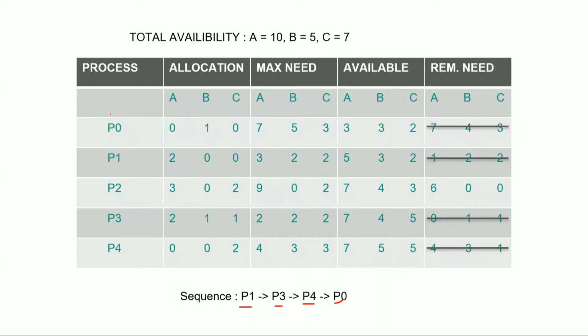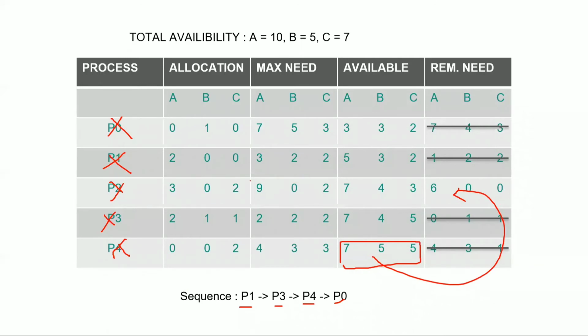Okay, now all the other processes are done. We are remaining with just P2. So we'll see if we can fulfill the need of P2. This is our available now. We have 7 instances of A, 5 of B, and 5 of C. And P2 is asking for just 6 instances of A. So we will give it that, and P2 will get completely executed.